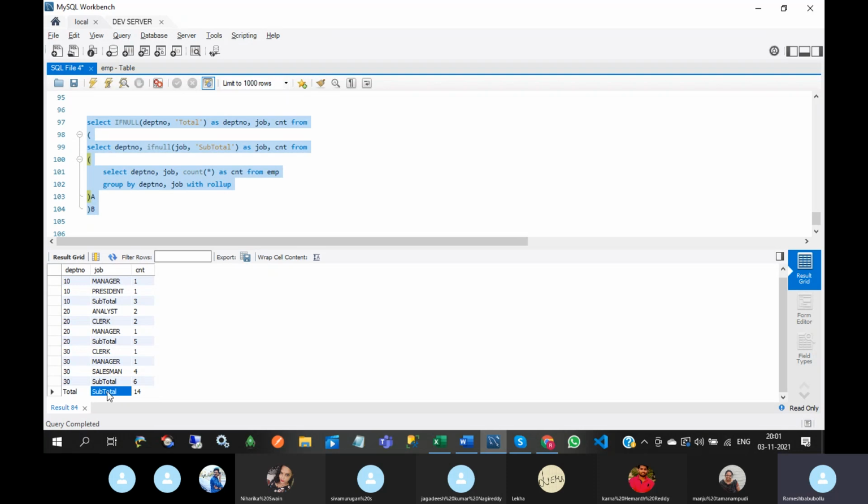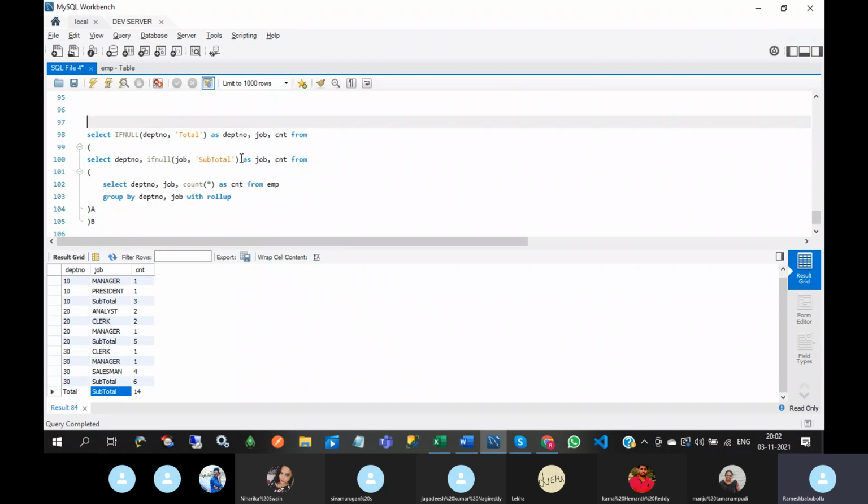So for here, we need to replace with total also. For that, we need to write a case statement. Or no need to write a case statement, I will take another derived table.